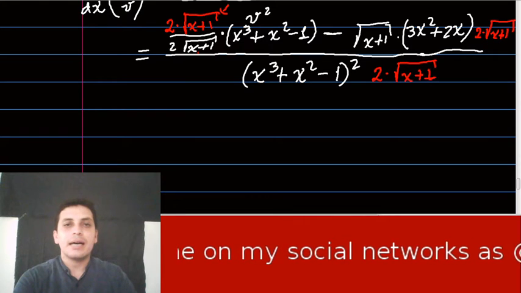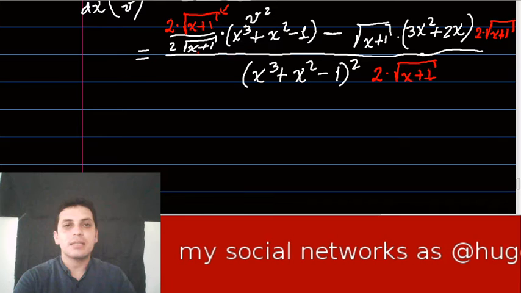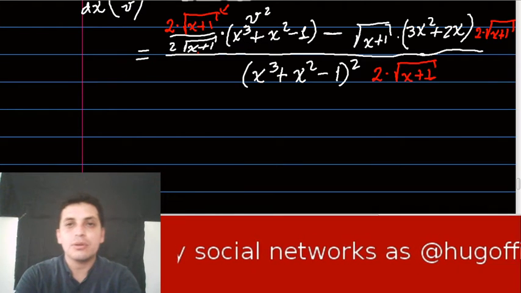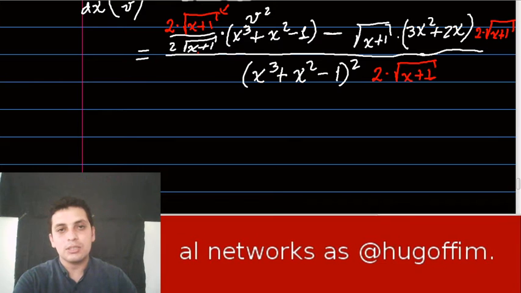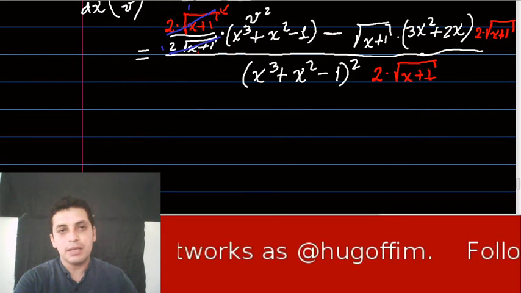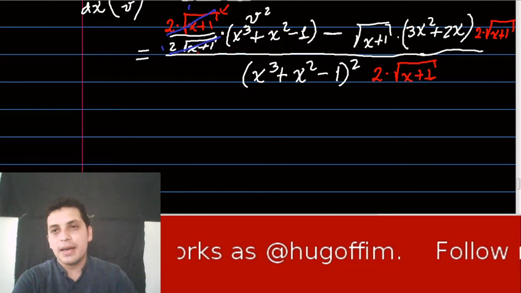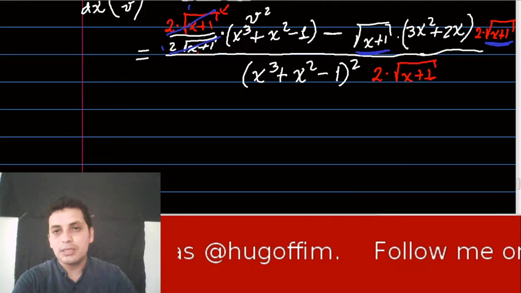Okay, and now we're going to see what we can cancel out or simplify. So look at that, this term is exactly the same as this term, so they will be simplified. And this term, look at that, the root of x plus 1 is equal to this, but both are